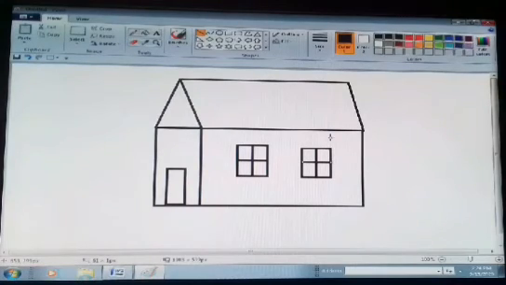Okay, our house is ready students. Now we need to fill color. So first of all you have to take brush, and then after we have to take yellow color, just fill over here, and then after we need to draw a circle here. Okay, I left this, so let me draw.